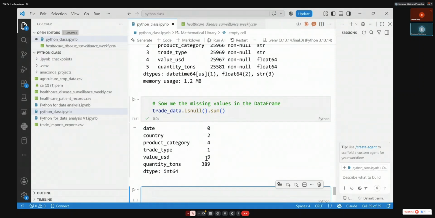So now let's write a sentence and say, please go and replace country with the most repeated value, or mode, of those countries. The best is that, I'm telling you, if it is categorical, you have to replace it with the mode, the most repeated value. If it is numeric, many people replace with zero or mean or median and so on. So it depends on the business or requirement.